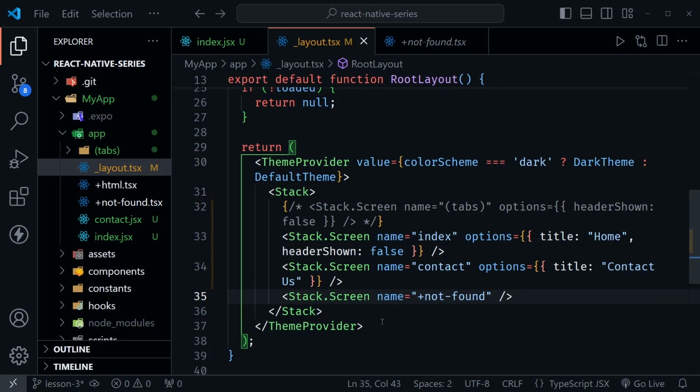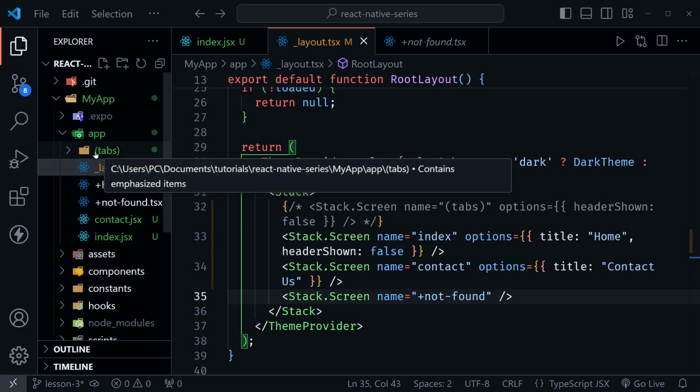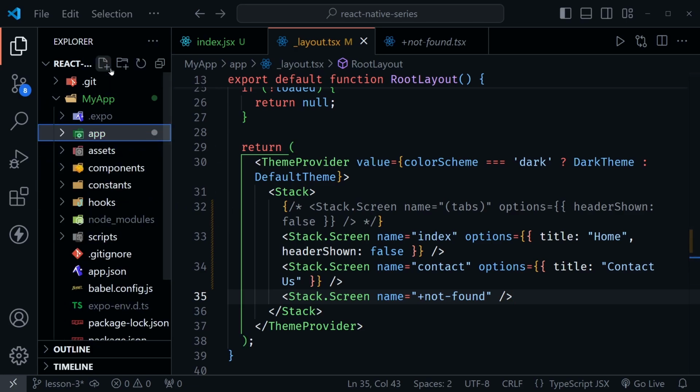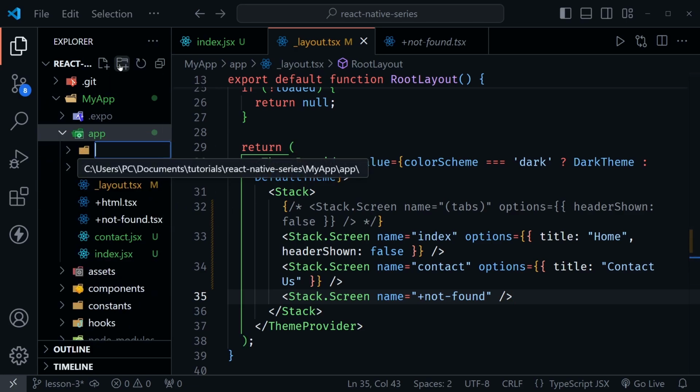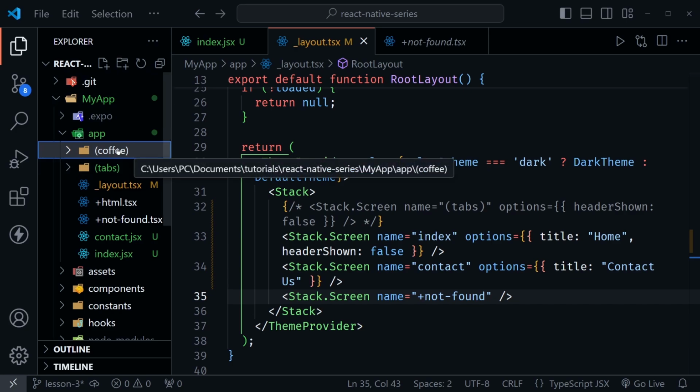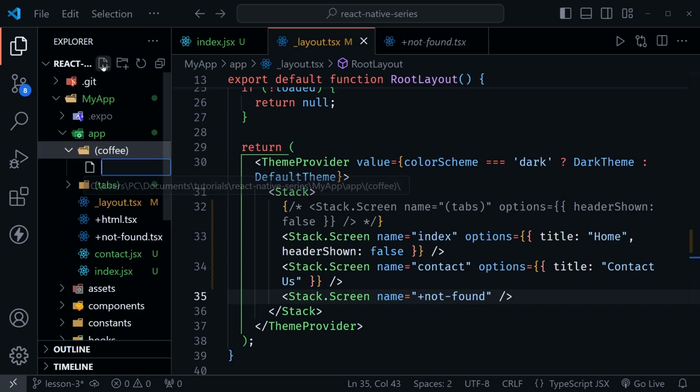Okay, back in VS Code, now we've got something else to talk about, and that is groups. So the tab directory here you see in parentheses. Now this is a special directory, but we can create any directory in parentheses, and that defines a group. So I'll click on app here and create a new directory. I'll make it parentheses coffee. Now, anytime you create a directory like this, it's going to need its own layout file inside. So we'll create a layout file here, name it